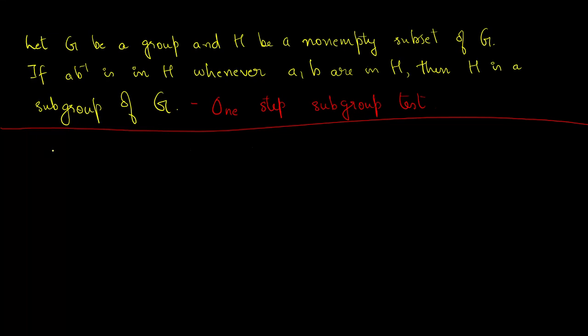Everyone, here we are going to prove the one-step subgroup test. That is, here we are given a group G. G could be finite, it could be infinite, and we are given a non-empty subset H of G. H is non-empty and it is a subset of G. Now H satisfies a property that,